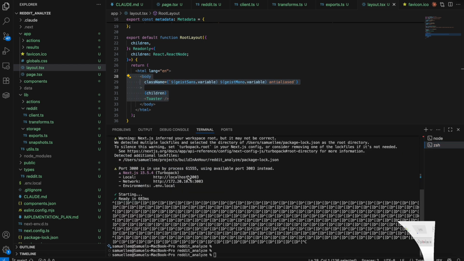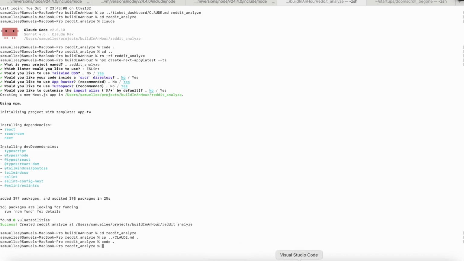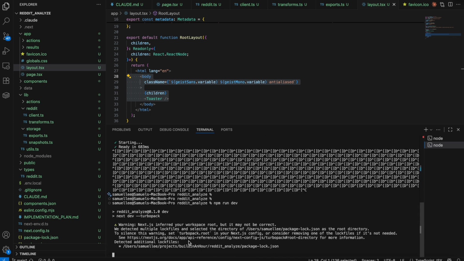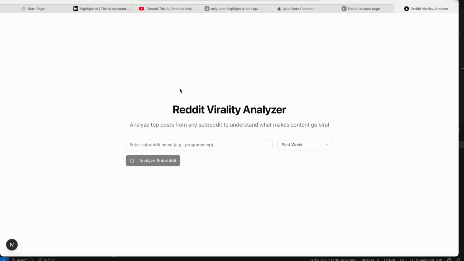Let's just try it, shall we? Let's just try it and see how it goes. Okay, let's try it again. Right, let's say r/programming. Let's do that.